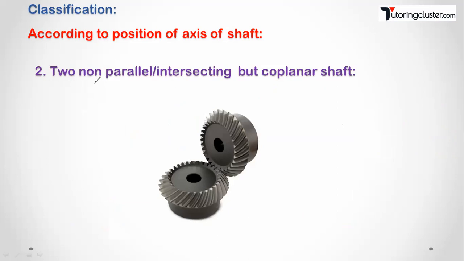if the shafts are non-parallel or intersecting, then we are going to use bevel gears. So basically for transmitting motion between two intersecting shafts, bevel gears are used. Obviously,